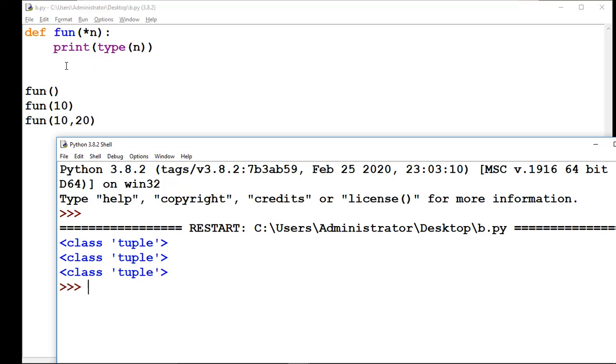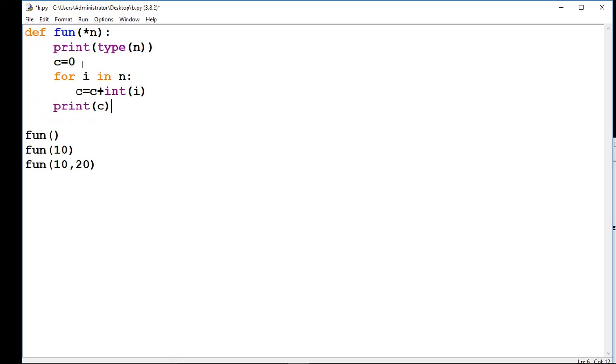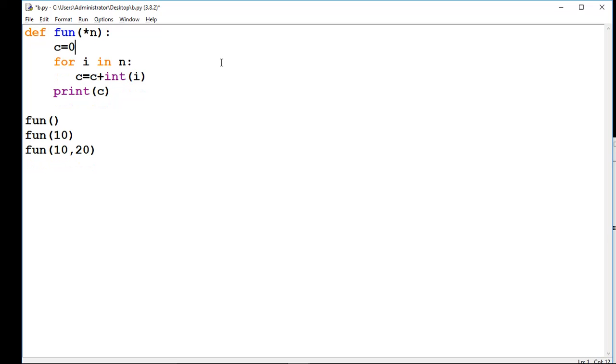because I have called this function three times: first, second, third. If I write the previous program, what will come here? It will take the value of n in the first case as 0 because there is no argument, so the value of n will be 0. In this case, sum will come 0 because it is adding the numbers.